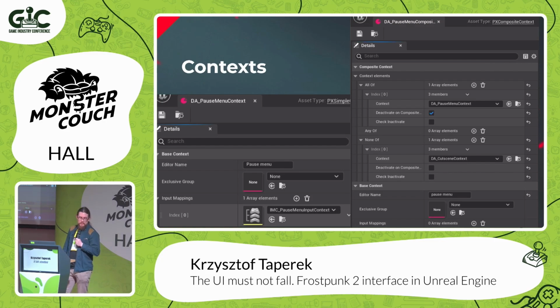So that's the way we blocked opening the pause menu during cutscenes. We are blocking everything like that. So we are just putting contexts that are exclusive, that contain a list of rules, all of, any of, or none of, and that's basically it.